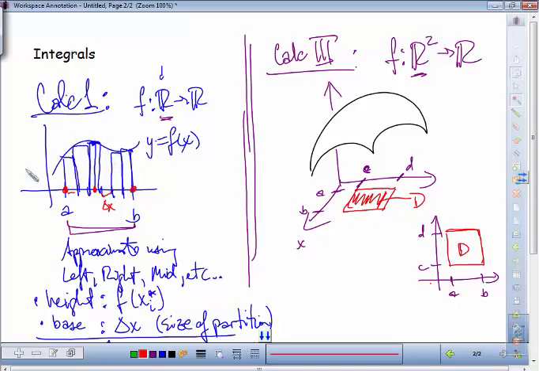Well, if we take the same idea over here where we said it's hard to find the area under the smooth curve like this, so I'm going to make rectangles because I can find areas of rectangles. And then I'll give it specific heights based on some values on my x and y axis. And then my base is going to be whatever, delta x, delta y. So if I want that same idea,